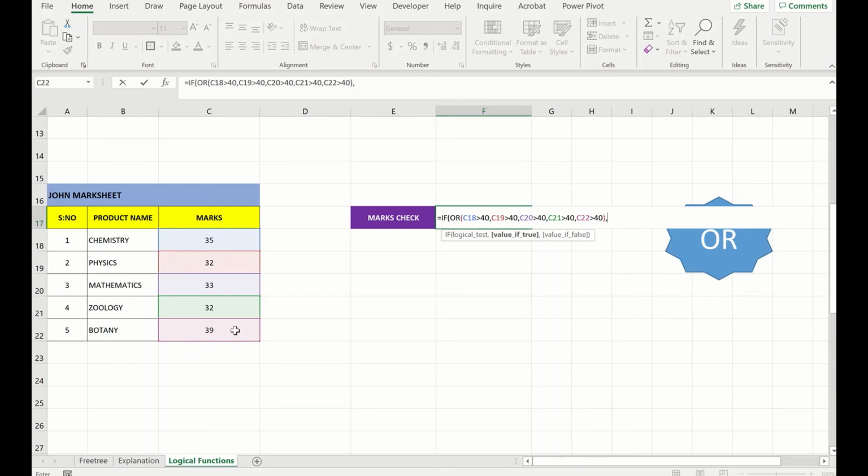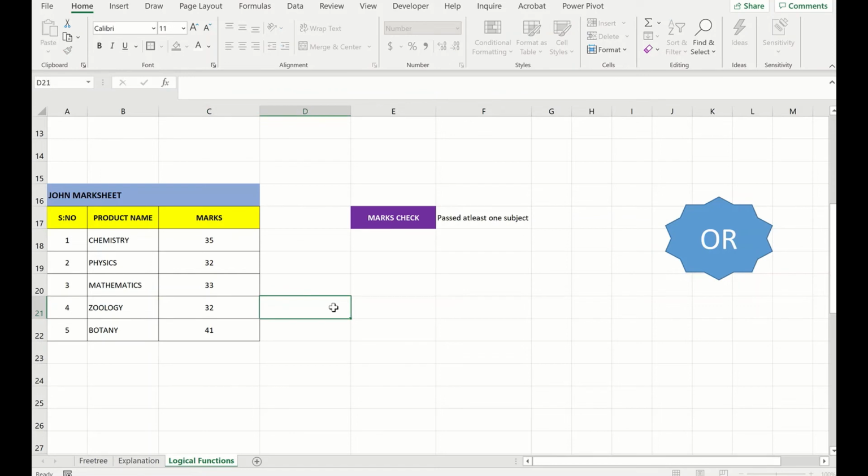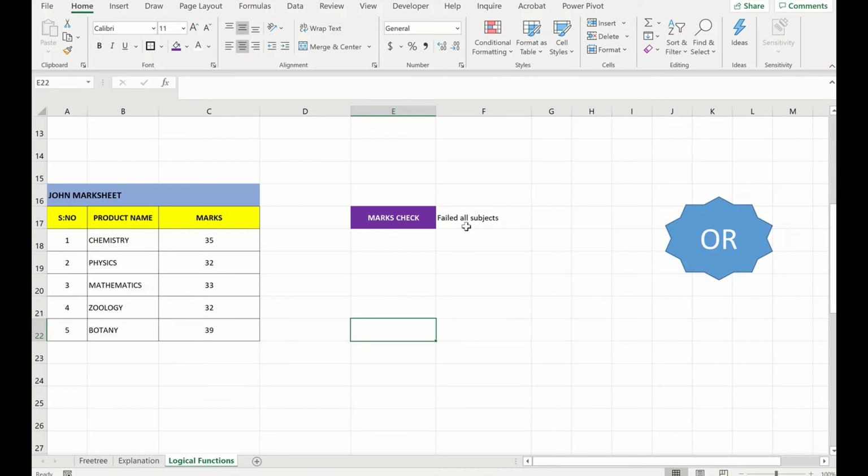He has scored more than 40 in at least one subject, so we can give him the feedback "passed at least one subject". If this is false, it means he failed all. That is a very short summary of how this works. If you select this one as 41, you see the comment passed at least one subject. If this is 39, it works too. So this is a very short summary of how the OR function works.